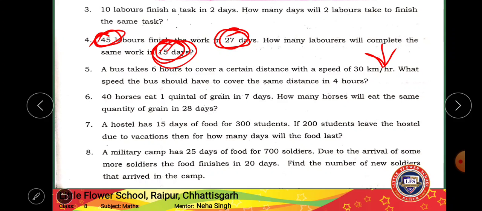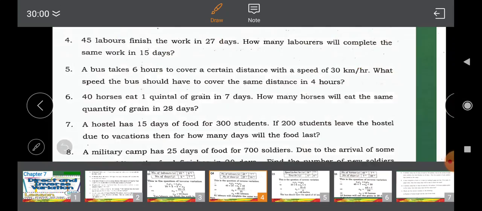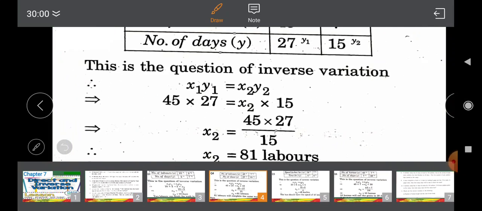And to finish the work faster, what do we have to do? We have to increase the number of laborers, assign the work to more laborers, right. अगर हमको काम कम दिन में, 27 डेज से 15 डेज में कराना है तो हमें क्या करना होगा, हमें 45 लेबर्स में से लेबर्स के नंबर इंक्रीज़ करने पड़ेंगे. डेज कम हो रहे हैं तो लेबर्स के नंबर इंक्रीज़ हो रहे हैं, मीन्स it is indirect variation. Again we will make a table of number of laborers and days, right?